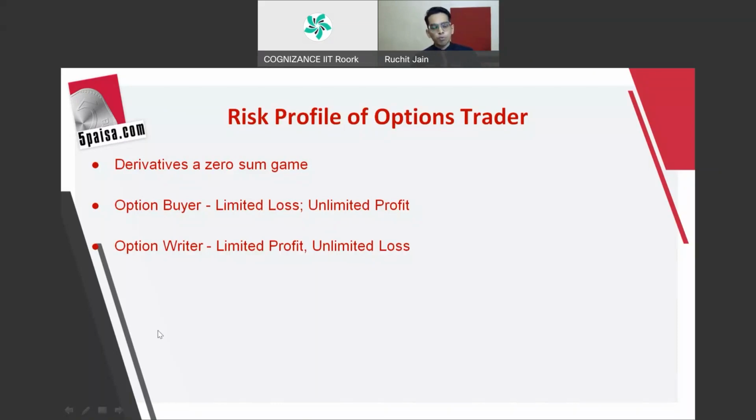Now, in this risk profile, you have to see what risk profile you like. Whether you like to take limited loss and unlimited profit, or limited profit and unlimited loss. Of course, most of us would choose being an option buyer, but option writers have certain advantages in their favor which option buyers do not have, which we will discuss ahead, and that is why traders also like to go and short options or sell options. But I hope this risk profile is clear. What is the risk profile of an options trader?